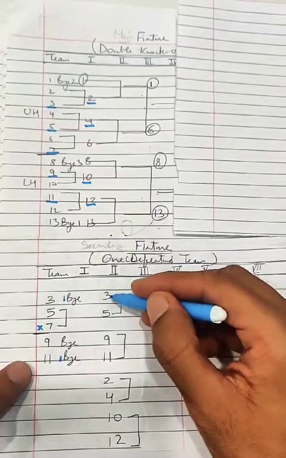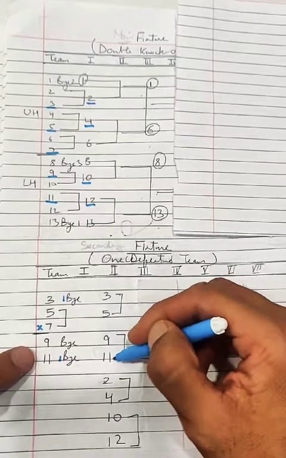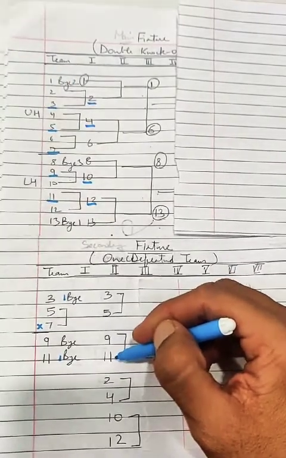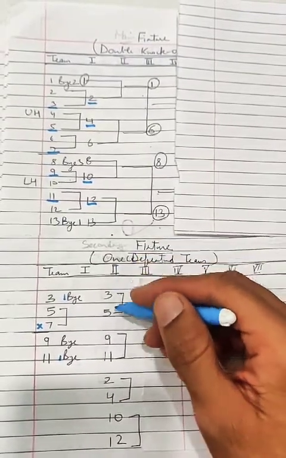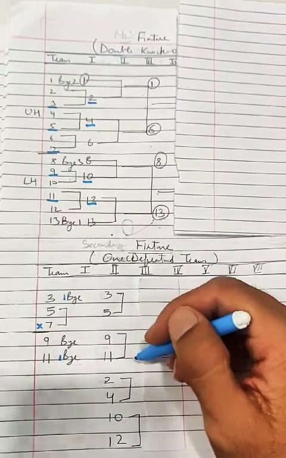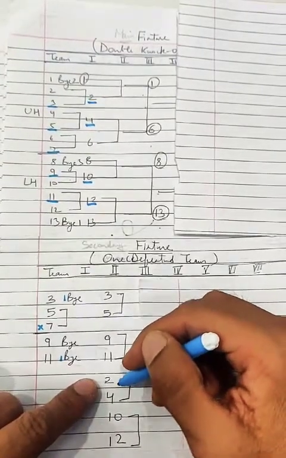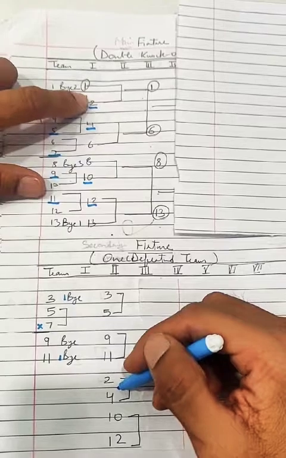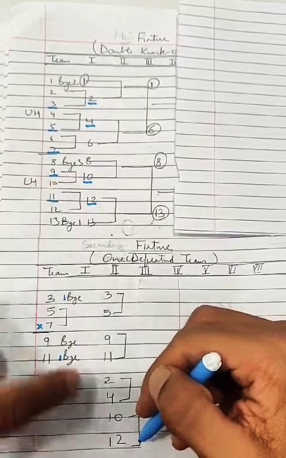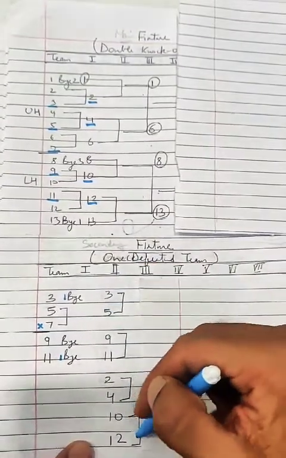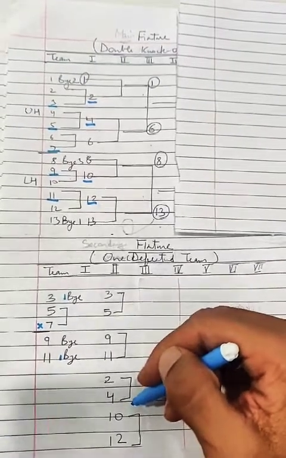According to this draw, I just write down the teams. 3, 5, 9 and 11 teams are already there. And as I have suggested, the rule of making the secondary fixture is that the number of teams should be in the power of 2. So 4 teams are already there in the second round, and the second round losers enter here. I simply write down those teams: 2, 4, 10 and 12. So all the 4 teams will enter here, and the second round you can see is exactly in the power of 2. 8 teams are here, so there is no adjustment required here.